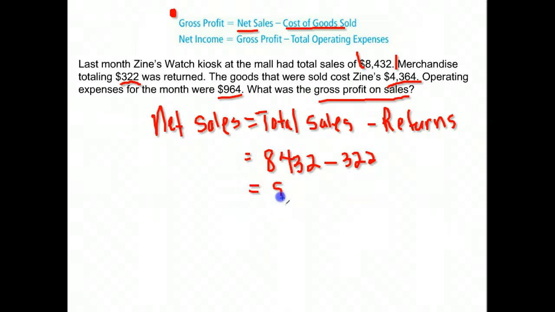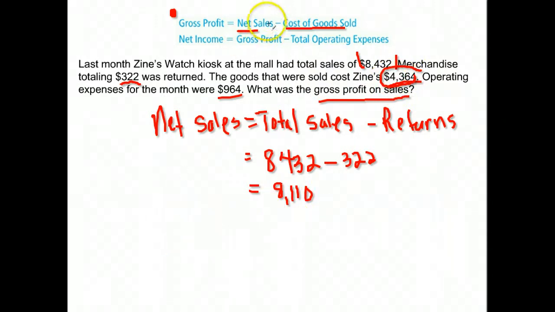Okay, so the net sales were $8,110. We want to find the gross profit, so we take our net sales and subtract from that the cost of goods that were sold. Where is that? Right here. It says that the cost of goods sold was